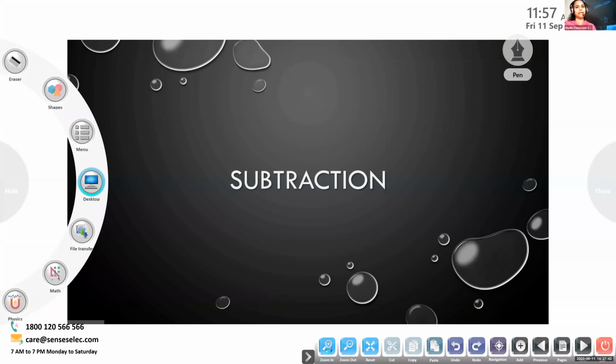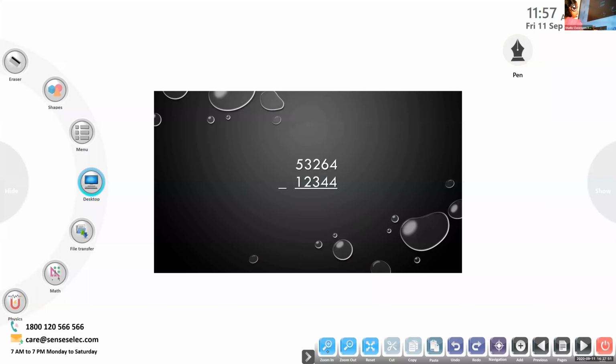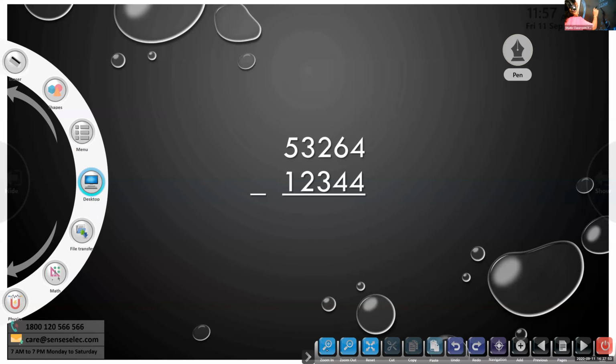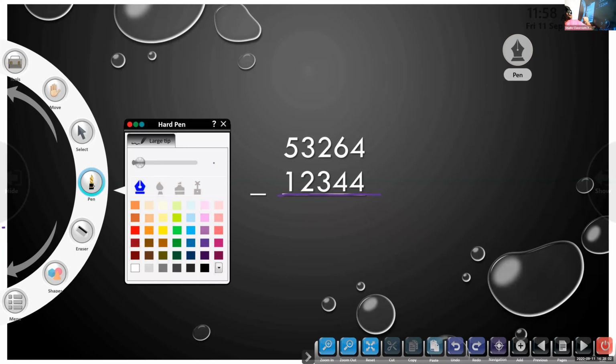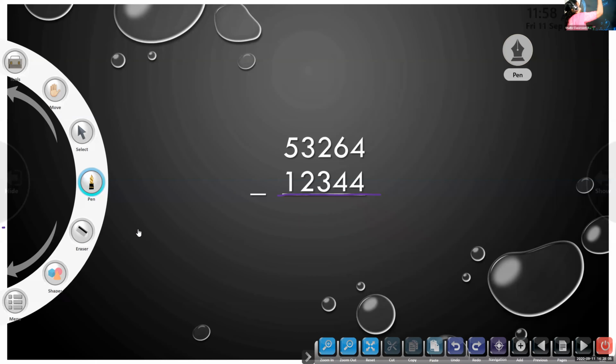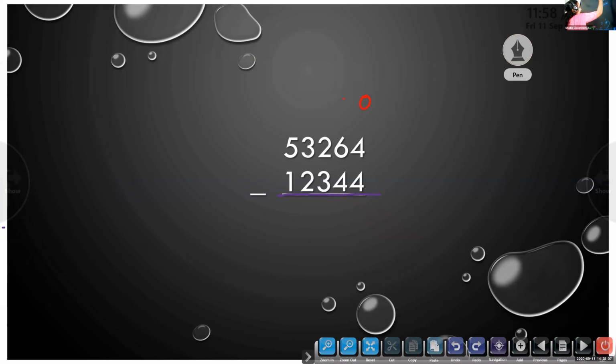Subtraction of 5-digit numbers. And children, we have studied subtraction of 4-digit numbers, and the same way we are going to do our 5-digit subtraction. So for that, what do we have to do? You have to first line up, write the numbers one below the other, according to the place. So here ones, tens, hundreds, thousands and ten thousands. So this is a 5-digit number. So the highest place value here is what?